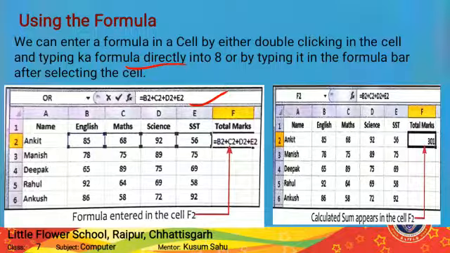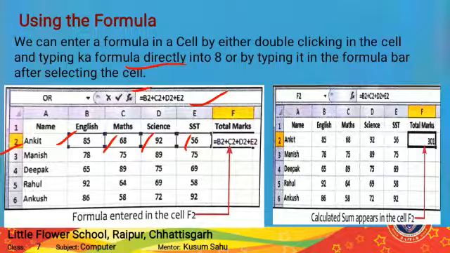For example, first we will start the formula with the equal to sign. After that, for the numbers we want to include, we will write the address of that cell. That is, we want to include the value of b, so we will write b2 here, and after that c, so we will write c2. After the value of d, we will write d2, and after the value of e, we will write e2. Why? Because here the row number 2 is given, that's why we will write like this: b2, c2, d2 and e2.